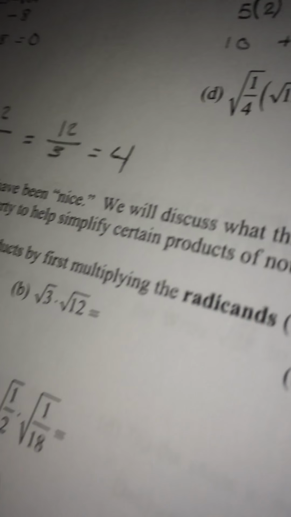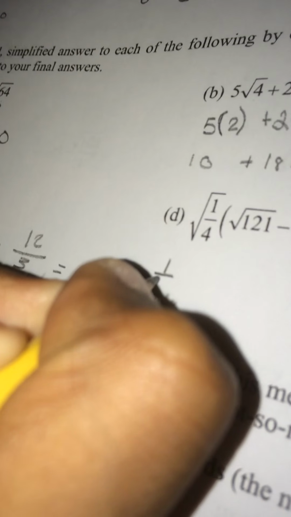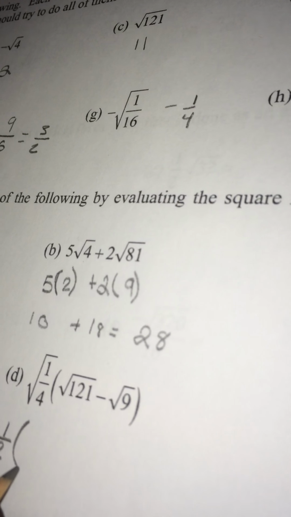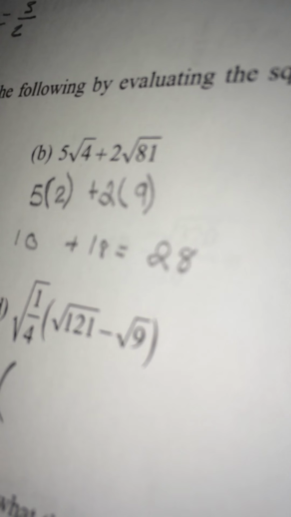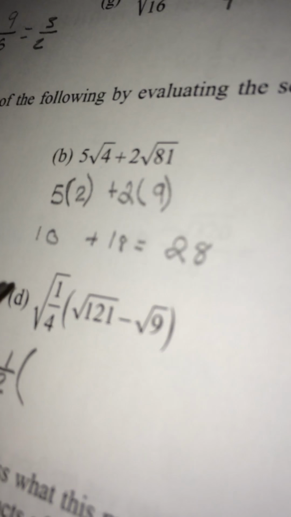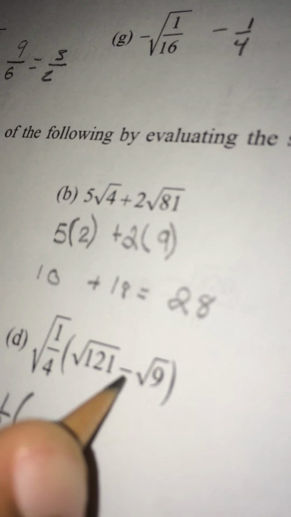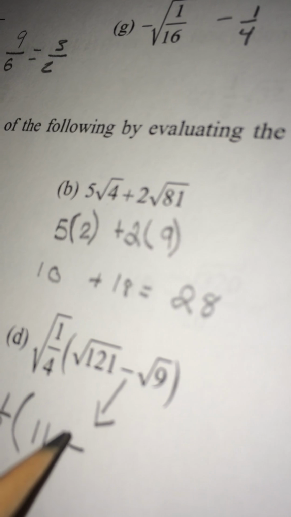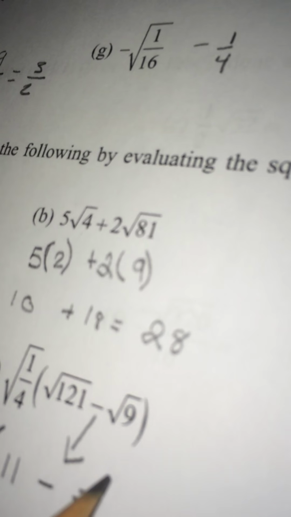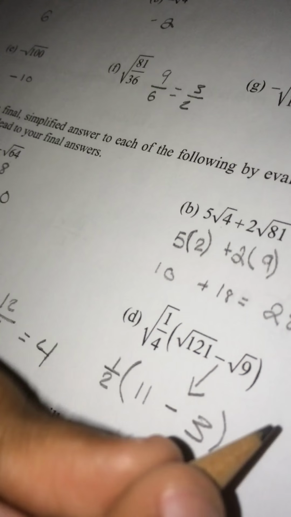Exactly 1/2. Now, remember the square root of 121 from back up here is 11. So 11, and remember to bring down the minus. Minus the square root of 9, which is 3. So you will close parentheses. So later it will equal, if you do some